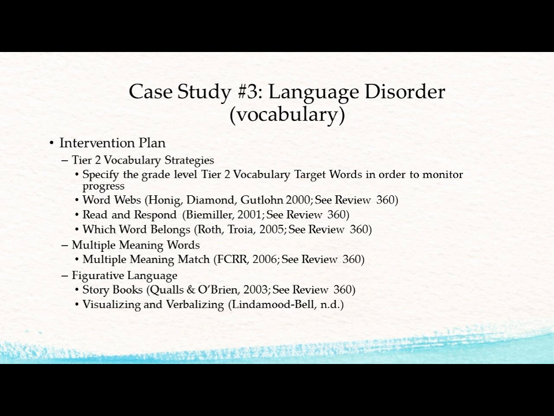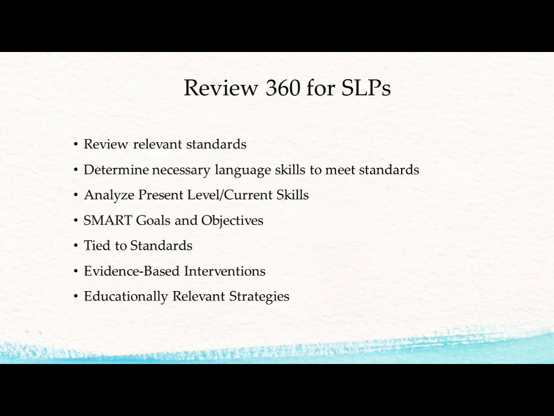Okay, so let's review what we've talked about. Review360 for SLPs starts with student needs, and then looks at, in step 1, reviewing the relevant standards that apply to that student and what the student will need to be successful on. Determine the necessary language skills to meet the standards. What are the language underpinnings of those relevant standards that the student may struggle with because of the language or communication disorder? Then analyzing present level and current skills,